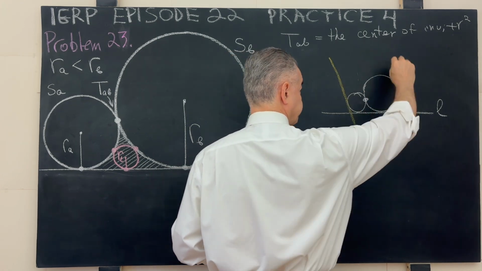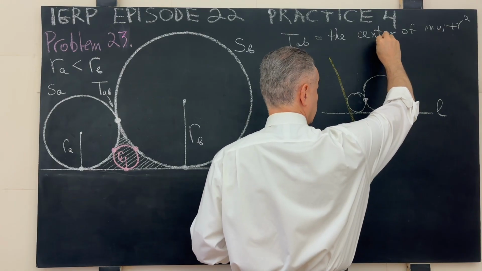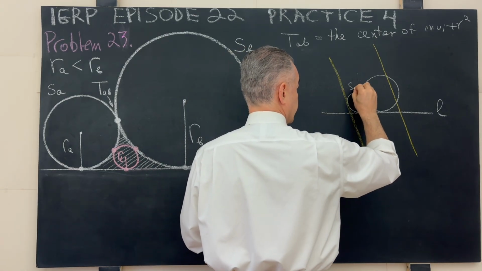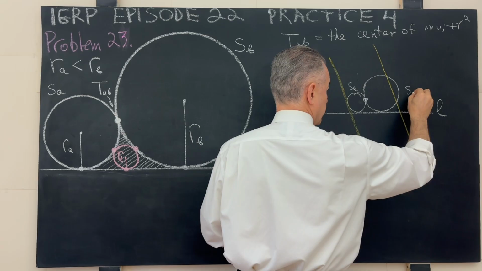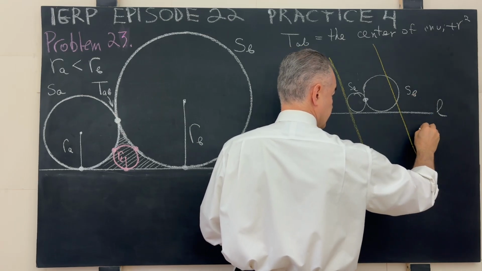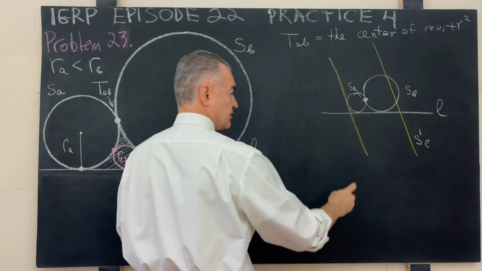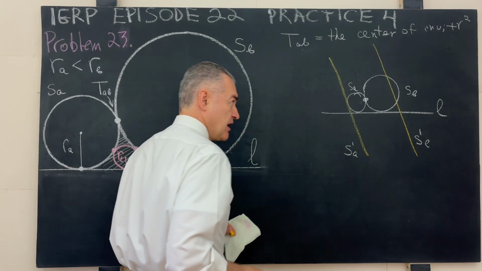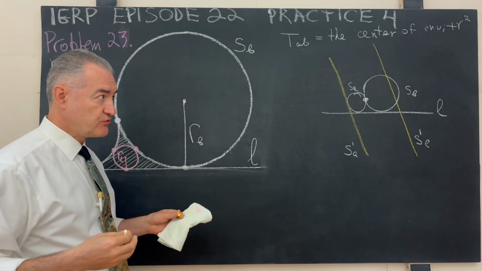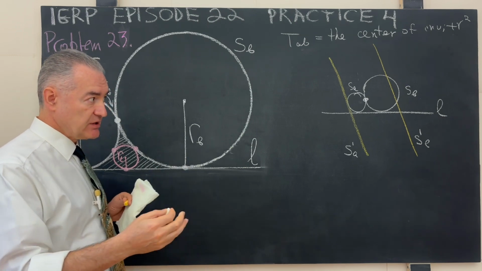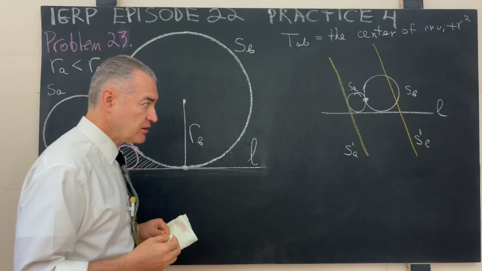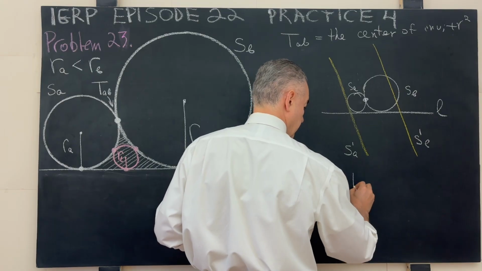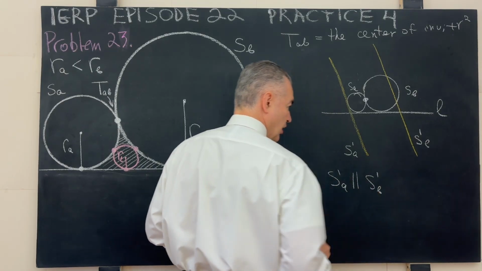Again, let's say our circles are taken into the straight lines like so. This is our circle SA, this is our circle SB, this is our circle S prime B, which in this case is a straight line, and this is our image of the circle SA, S prime A. Depending on the size of the radius of inversion, the location of these straight lines will be varying, but the